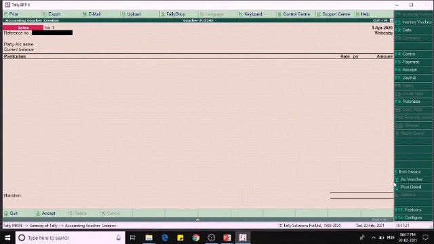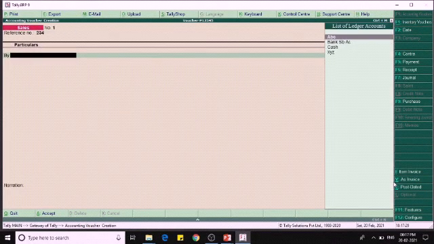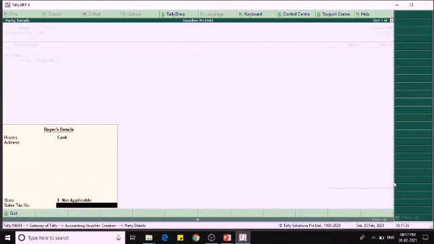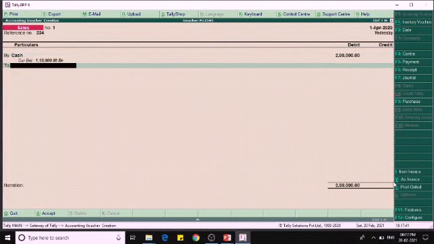Okay, this is also in the invoice mode. Let us change this into voucher mode. Okay, 2, 3, 4. So by cash. So we are making the cash sales for the value of 2 lakhs.